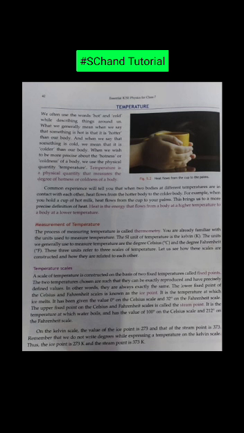So these are the scales that you must remember. There are three types of scales, each with a steam point and an ice point. I have already told you what these are, and you have to remember their values in the three kinds of scales. In the Celsius scale, the steam point is 100 degrees Celsius and the ice point is 0 degrees Celsius. In the Fahrenheit scale, the ice point is 32 degrees Fahrenheit and the steam point is 212 degrees Fahrenheit. And in the Kelvin scale, the ice point is 273 Kelvin and the steam point is 373 Kelvin.